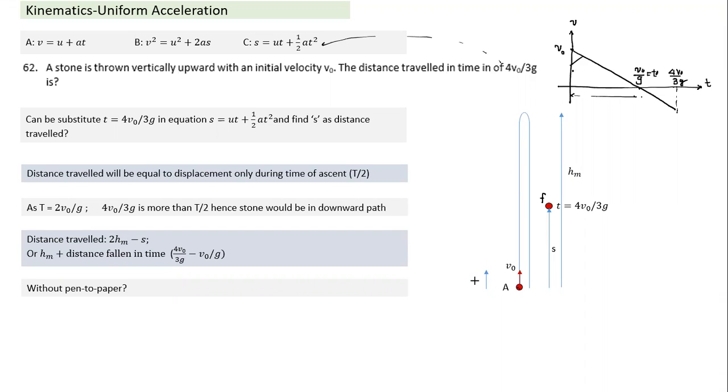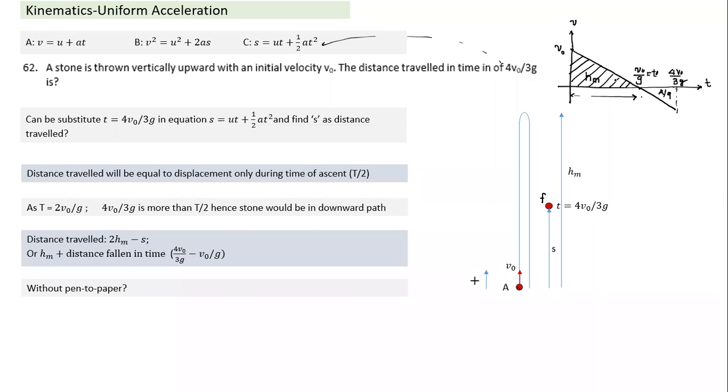And what does this area indicate? What does this area of the triangle indicate? Tejas, what does this triangle indicate? Yes, sir, it's the displacement, right, sir? Well, till which point, during which it goes? Till it comes to momentary rest. So this indicates my H max. And since this time interval is 1/3 compared to this, the area will become 1/9. So whatever area we have, this area will be 1/9.